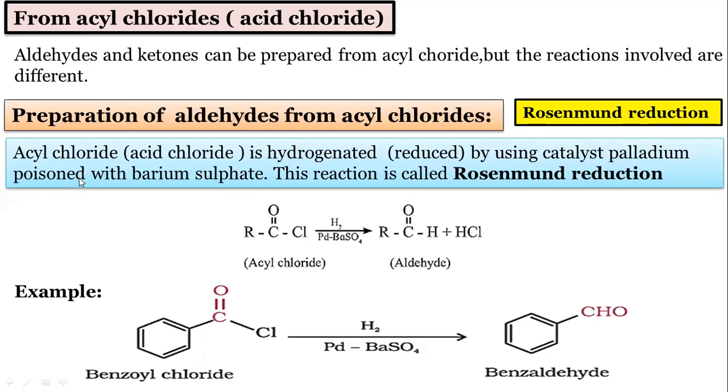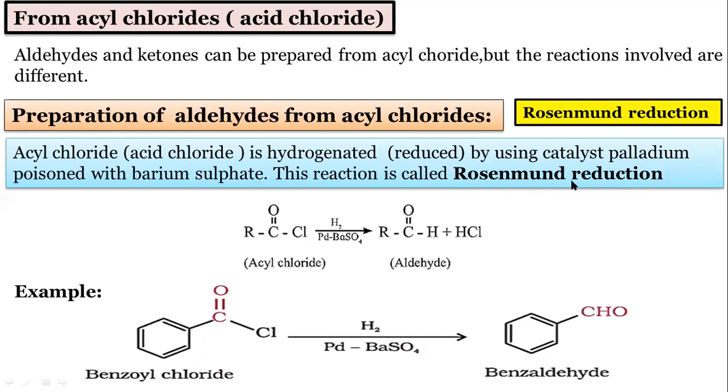Poison means the reactivity of the catalyst is decreased by using barium sulfate. This process is called poisoning of the catalyst. So in this reaction, the catalyst palladium is poisoned with barium sulfate, and the name of the reaction is called